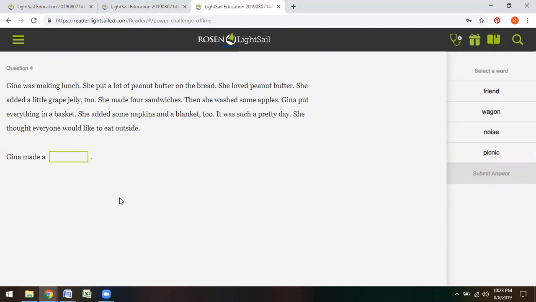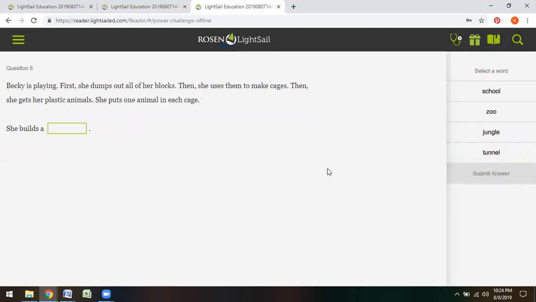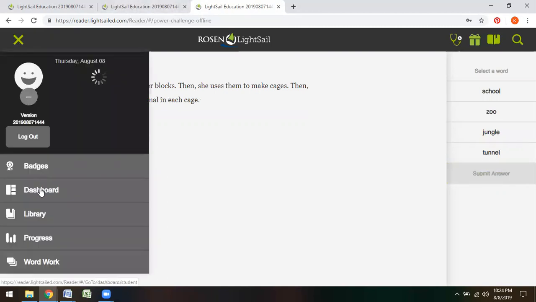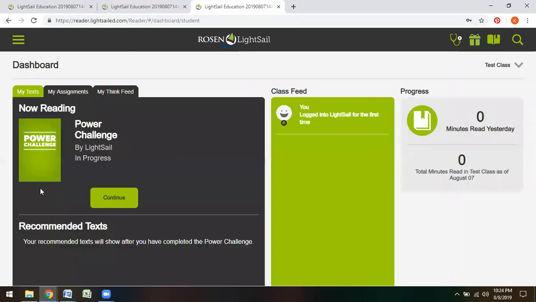So they're going to get a bunch of questions like this. They read the paragraph, then they read this line here, and there's a blank. And over here, they just pick a word that they think answers that question. I'm just going to pick a random one and click submit, and then they get another one. So they go through all these questions, and then it'll say, congratulations, you're done. And then they'll log in again, and they will then, on their dashboard, when they log in, instead of the power challenge, it will look like this